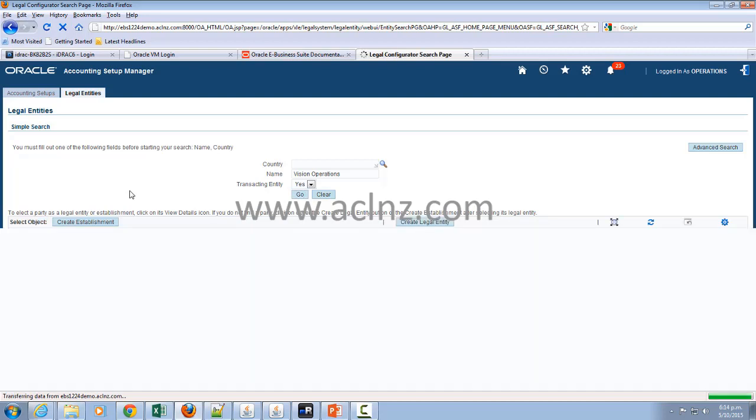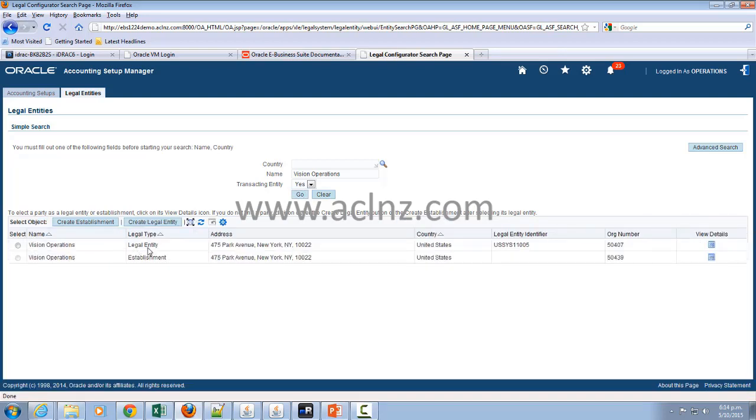It's going to find the legal entity named Vision Operations, and the legal type is legal entity. You can also have a type of establishment. I'm going to explain the difference later. If you look at view details, you can see the associated details that go with this legal